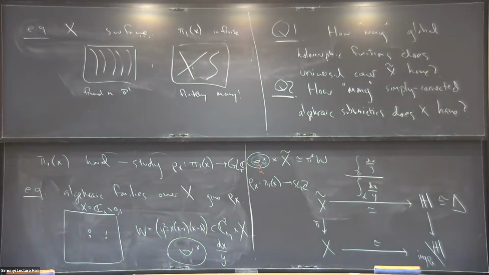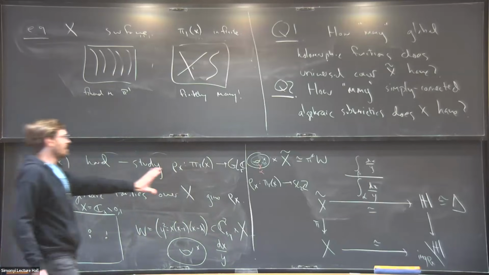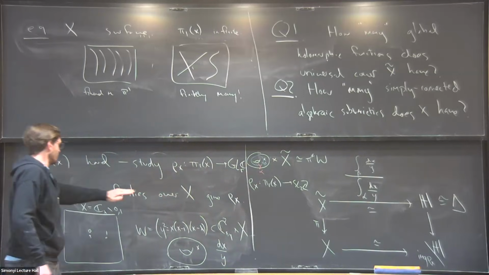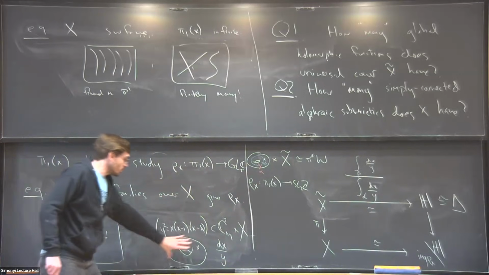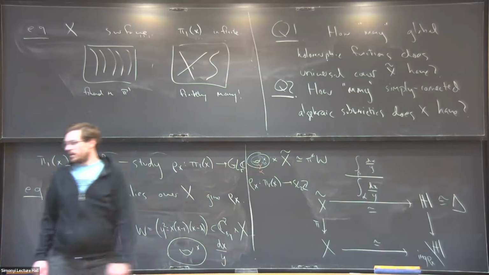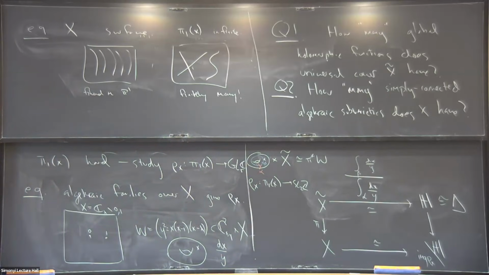So that's how this picture plays out in the particular case of C minus 0, 1. And the point I want to make is that for an arbitrary X, given an algebraic family which is also topologically locally trivial, there's a very similar story, which goes back to work of Deligne and Griffiths, and it falls in the world of variations of Hodge structures and period maps.